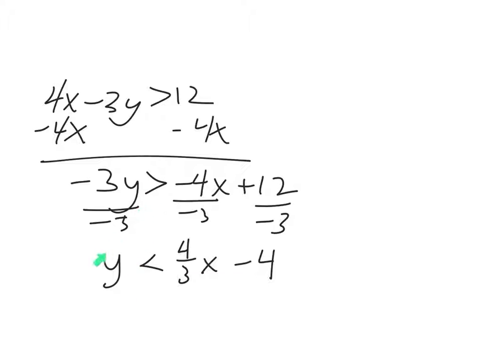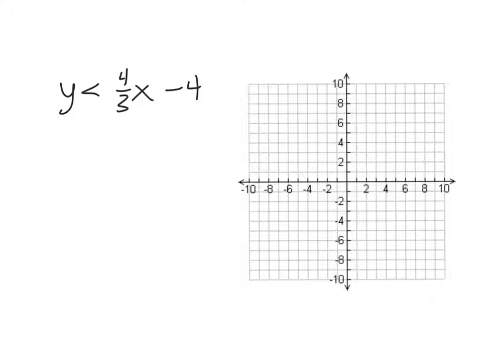Because it only works when it's in slope-intercept form. This would have fooled you. Well, you gotta change the sign. I had to flip it over because I divided by a negative. Okay? So let's look at the next slide, which has the equation correctly written out, and let's talk about how